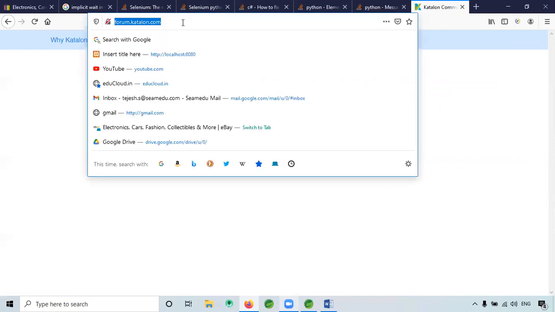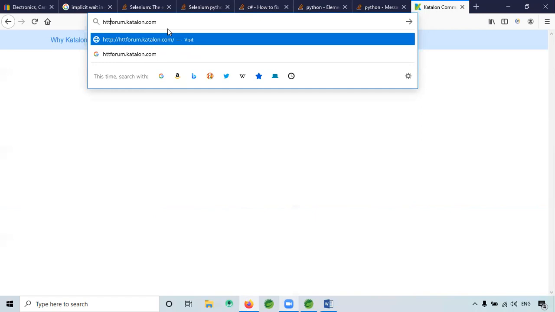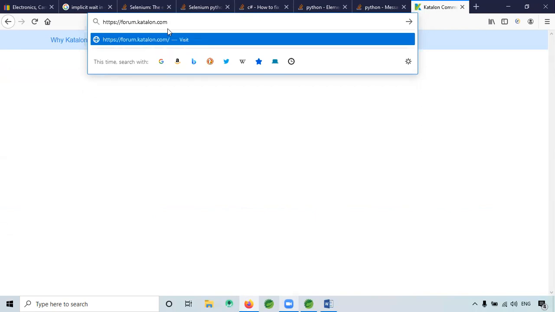Okay, so I think, did you get /t/element? I'm looking at this website on my phone actually. So just put /t, with https in front of forum.katalon.